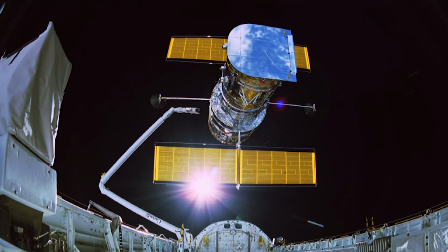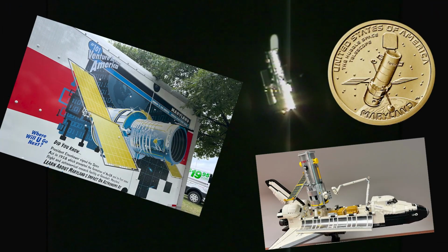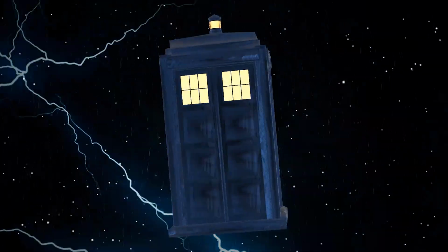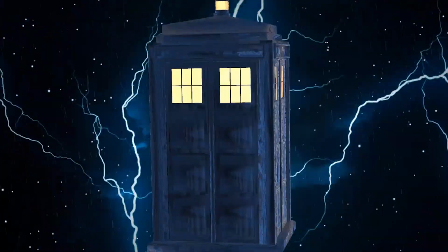The Hubble Space Telescope is many things. It's an observatory, a satellite, and an icon of cultural and scientific significance. But you might be surprised to find out that Hubble is also a time machine. No, not like that. With Hubble's position just above Earth's murky atmosphere, its clear view literally lets us witness our